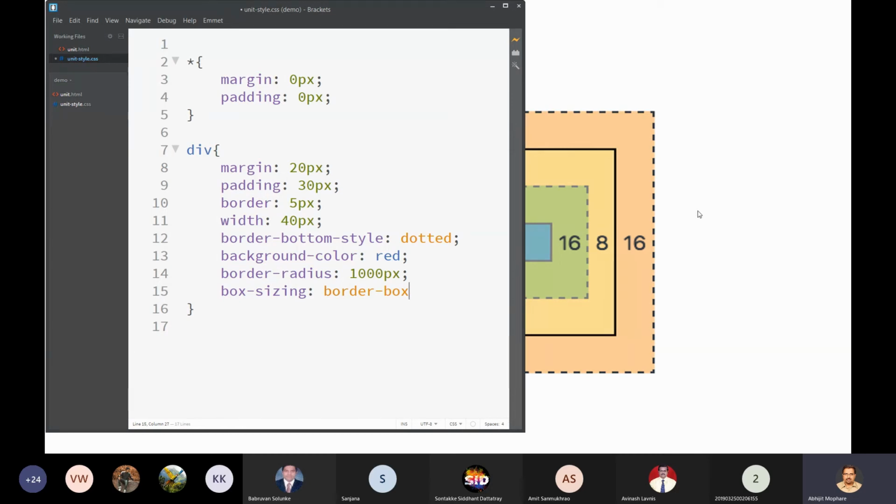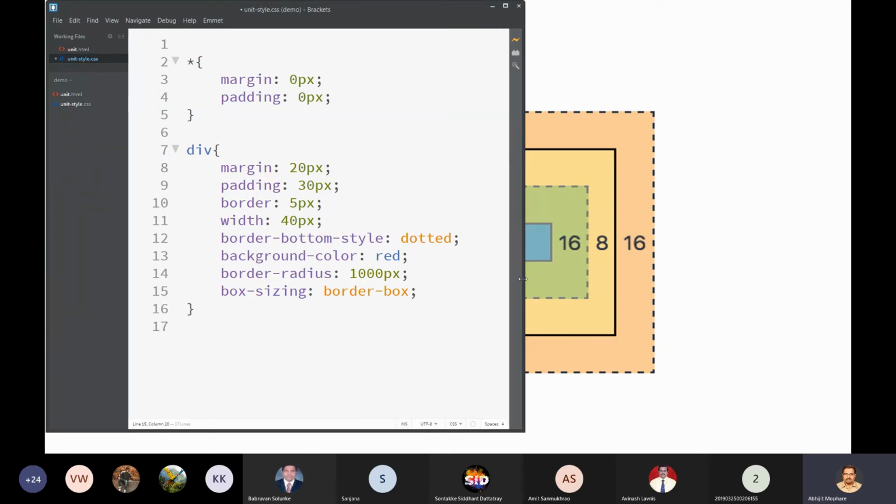The size of the box excludes the margin if it is border box, while the size of the box includes margin if it is content box. At this point, content box is the default, and normally it gives certain issues. So normally we use border box because we can manually set the margins the way we want. Most of the time, 99% of the time, you will be using box sizing border box.